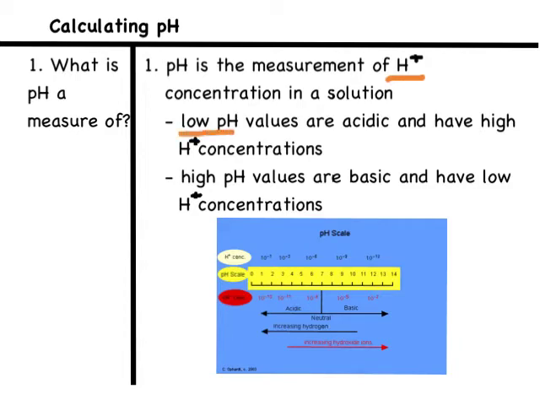Remember, those are from 0 to 6 here. They are going to have high concentrations of hydrogen ions. If we take a look at the picture down on the bottom, we can see that if we have a pH of 1, our hydrogen ion concentration is 1 times 10 to the negative 1, versus pH 6, which has 1 times 10 to the negative 6, a smaller number. It's kind of weird to think about. It's kind of opposite in a way, that low pH has high